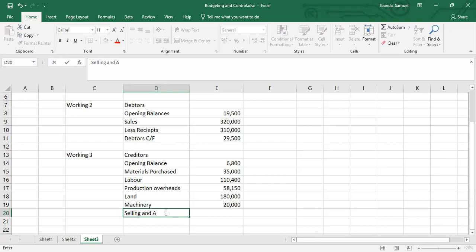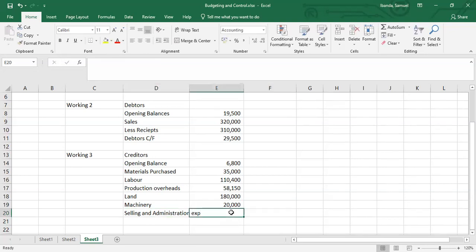Selling and administration expenses. Those, they didn't indicate to me that they were paid immediately. And I've been given those to be 30,400, okay? So mine is also to look at and see, do I have any other expense that I actually paid,